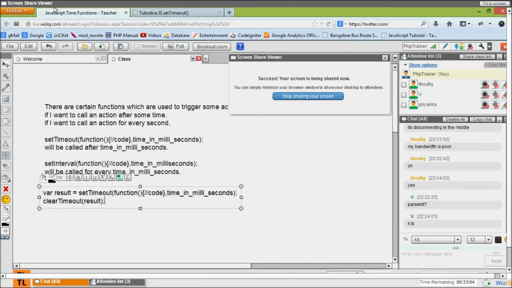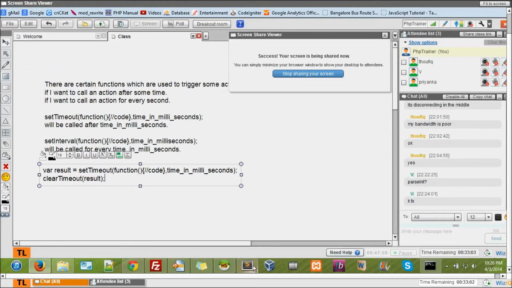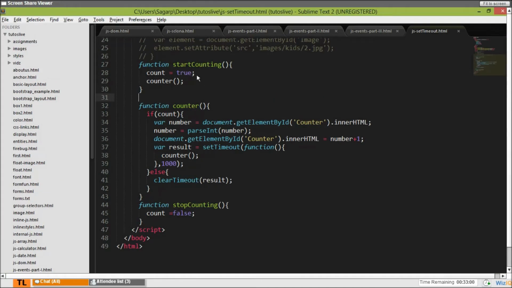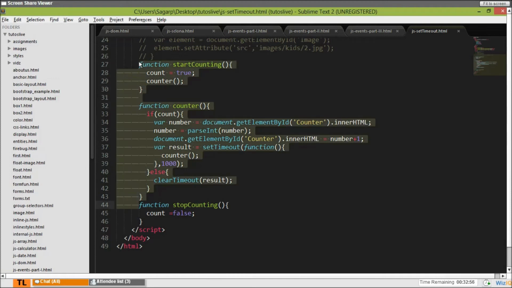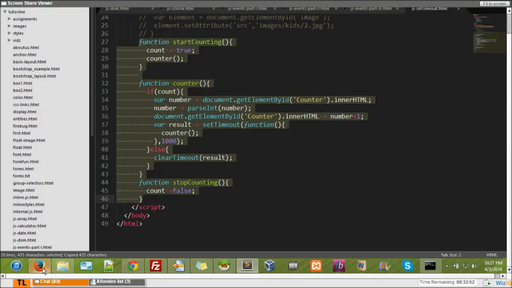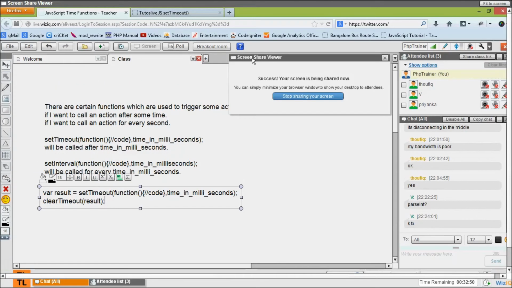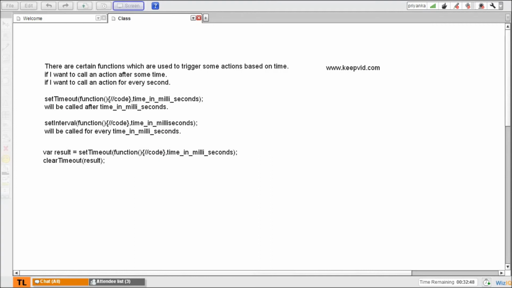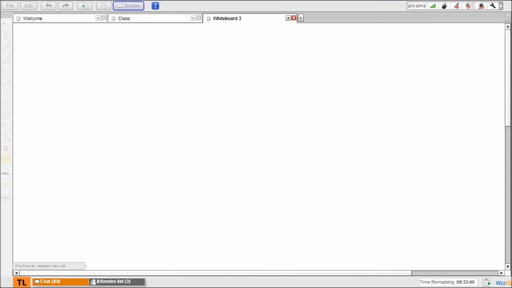I'll just explain the code again here. Only this piece of code I'm copying out here. I'll copy this code to the class. Only the JavaScript code. So I'm stopping the screen share here. So here I'll rename this to code explanation.